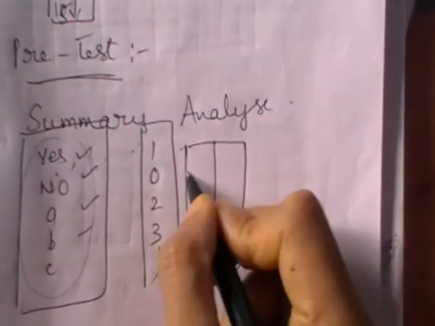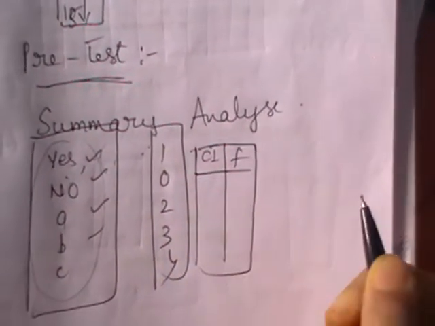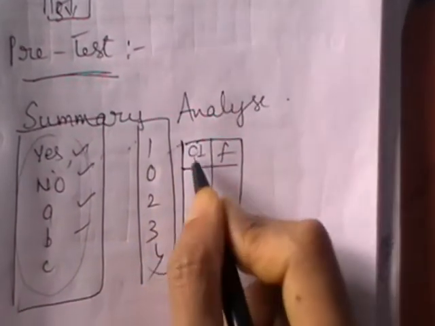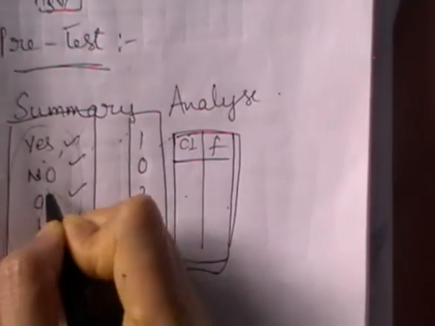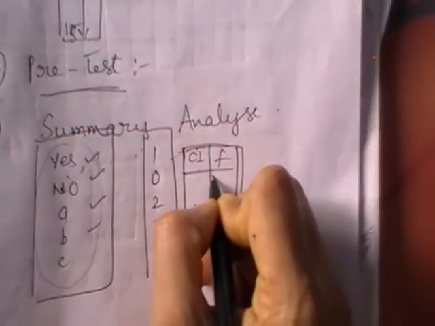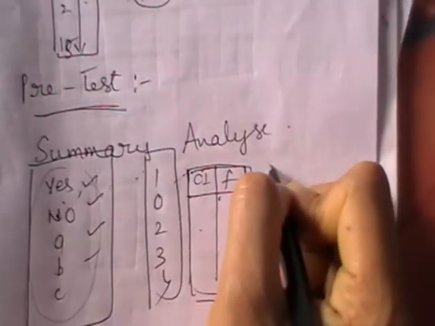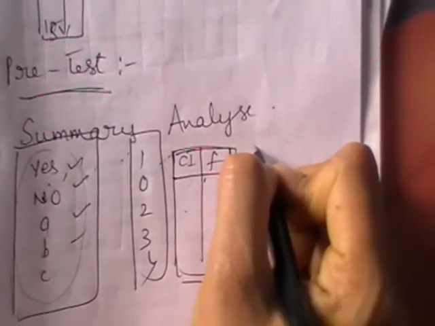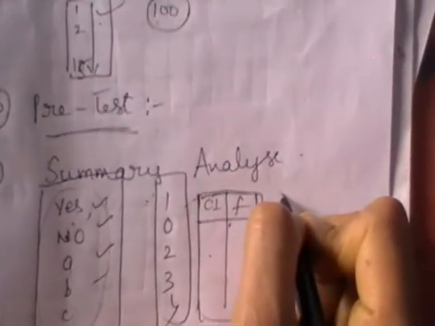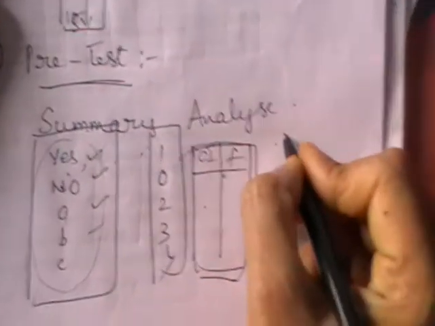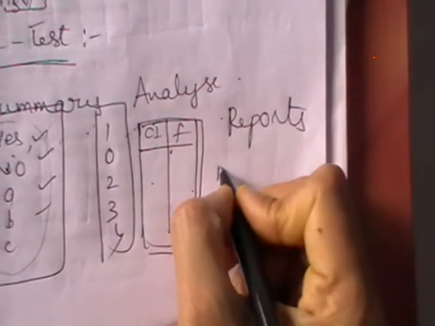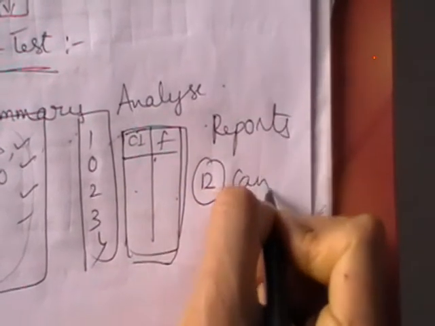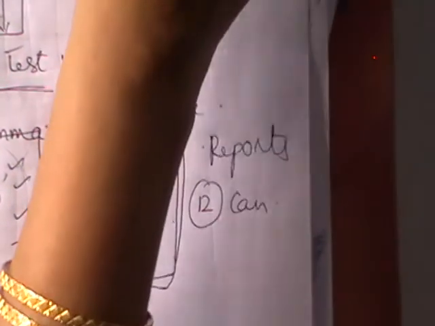You know all those well. You should represent that with class intervals and frequencies, which means it should be given a classification tabulation. After collecting the data, summarize it in tabular form and analyze the data. After analyzing the data, the statistical analysis should be done and you should prepare the reports. After preparing the reports, those can be used for future purposes.